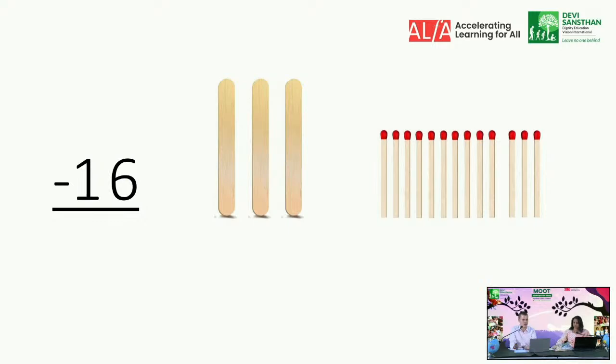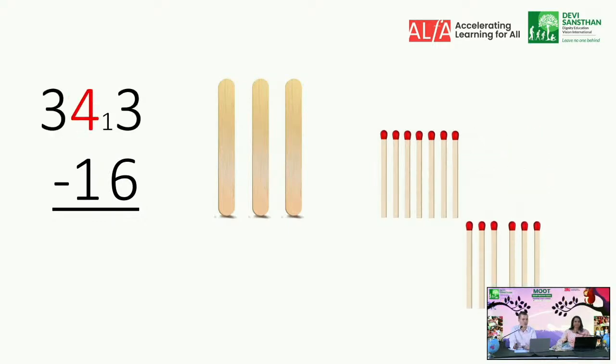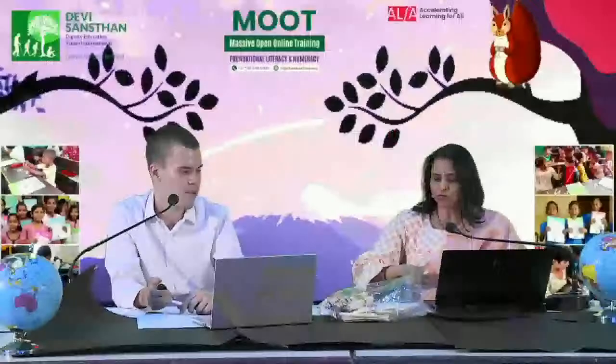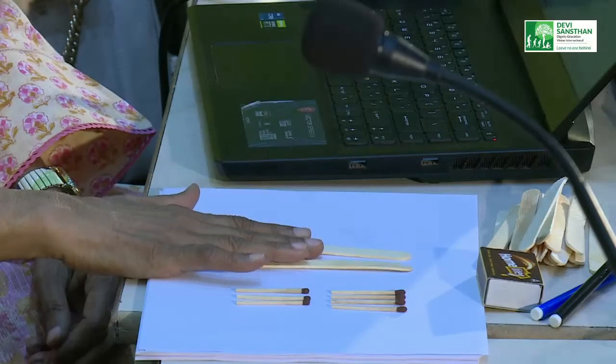I'll show that in my PowerPoint as well. She's removing 6 matchsticks. So how many matchsticks does she have left? Rushida said, from 13, we take away 6, we're left with 7. Absolutely. And now you can remove your ice cream stick as well. 16. So I have to remove 1 ice cream stick for the 10s place. Okay. So yes, I've removed that. Okay, beautiful. So what are you left with now? I'm left with